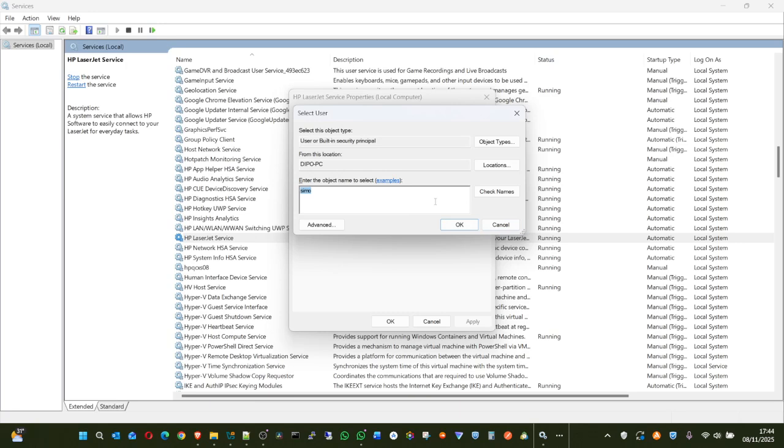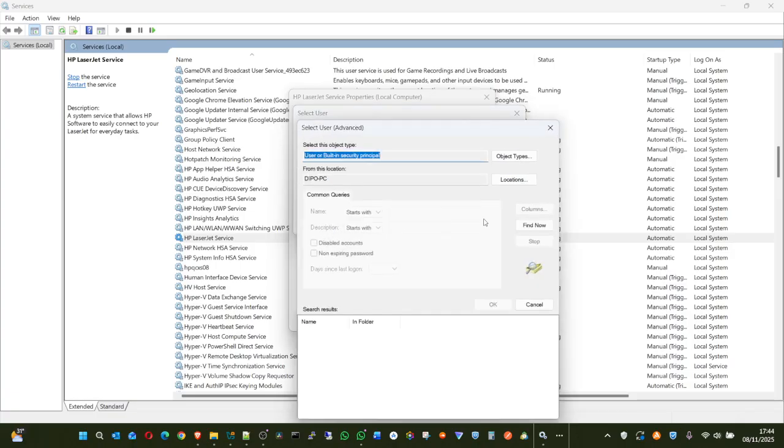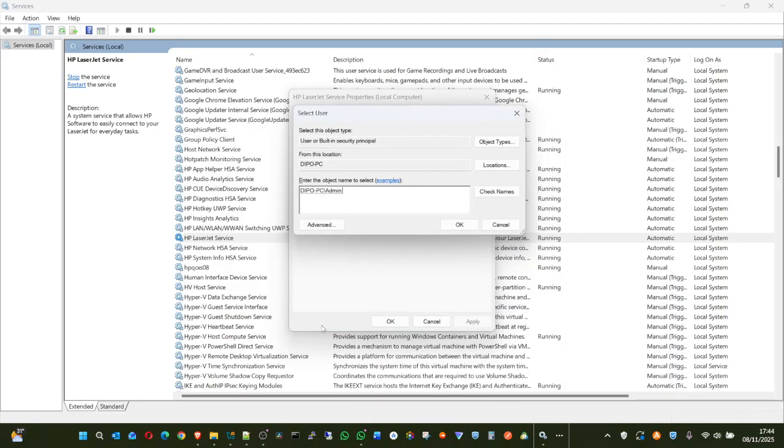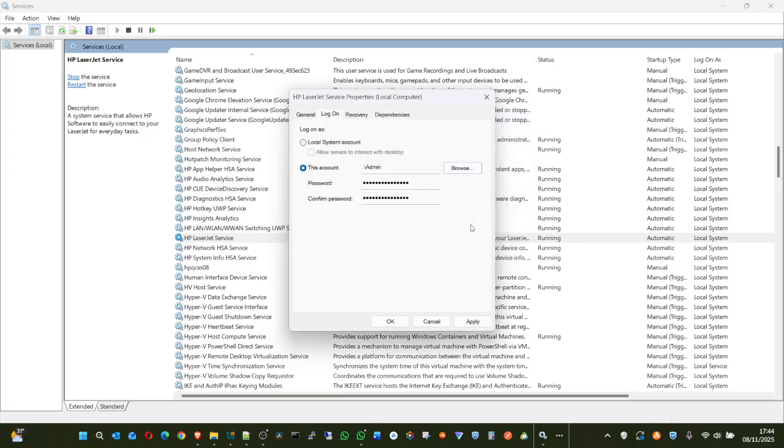So if I have another, okay, let's say Gitbo. Okay, maybe if that one is not, I can just check for advanced and find now. It will show me the list of all accounts that I have. So I have admin right here. If I say admin, meaning I want you to use this user account, I say okay. But if I click apply now, it means the LaserJet will be using my admin account to run, which means that printer can do anything, which is dangerous. But no, I want to use a local system account. So I'm going to cancel that.